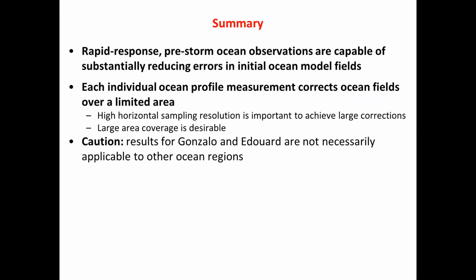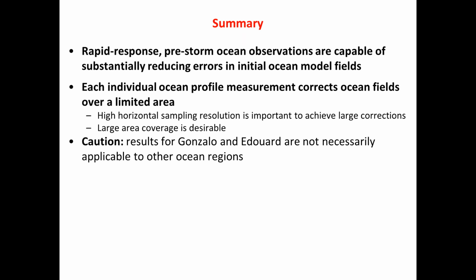Okay, brief summary. Pre-storm, they can reduce errors in initial ocean model fields. And each individual ocean profile measurement corrects ocean fields only over a limited area. Relatively high horizontal sampling resolution is important to achieve significant corrections, and large area coverage is desirable. You're limited to the area you sample, so if you want to improve as much as possible any impact on forecast hurricane intensity, the larger area you sample, the more likely you will